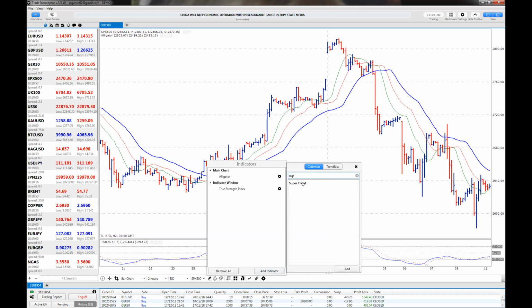It's one of my favorite indicators on the swing system. I simply take the Supertrend standard indicator to find in any MT4. If not, you can download it for MT4 very easily. I add this Supertrend indicator,